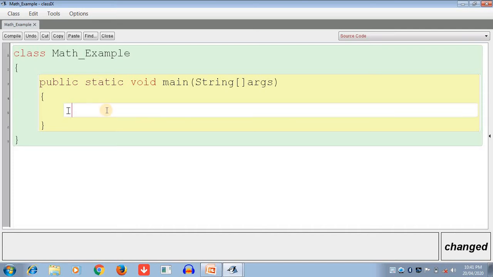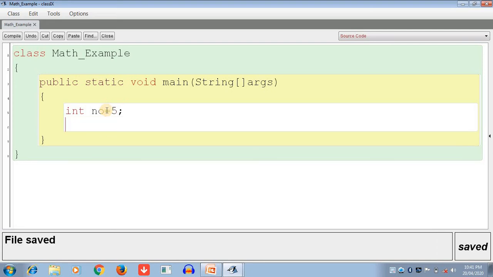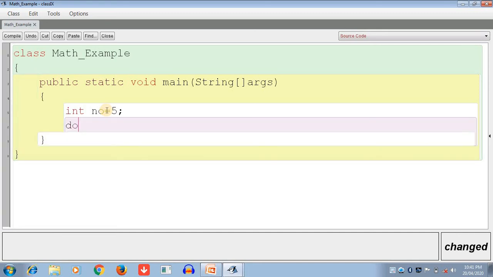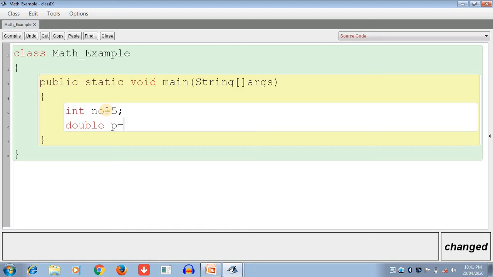First we take a variable int n. I have assigned the value of n as 5, and another variable I am taking as double, p. P means power, and give the equal sign, and we have to declare the Math class. How to declare it? First you write Math, and the first character should always be capital when you declare the Math class. After that write a full stop and declare the method, that is pow.